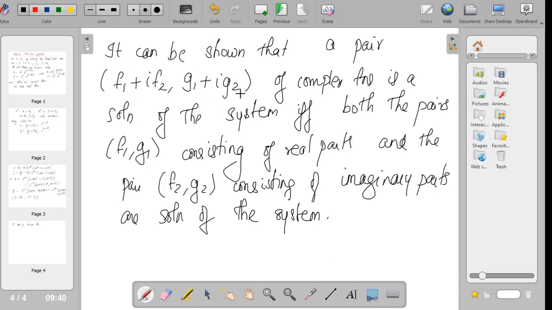So if this is a solution of our system, then the real portion must satisfy the equation. Similarly, the imaginary portion f2 g2 must also satisfy the equation. So thus we will get two pairs of solutions. So our pairs of solutions will be f1 g1 and f2 g2. So therefore